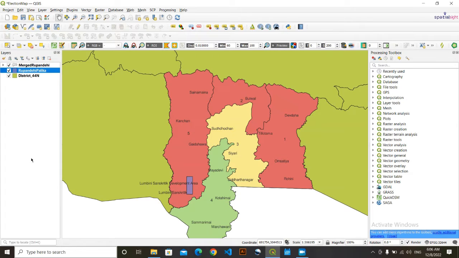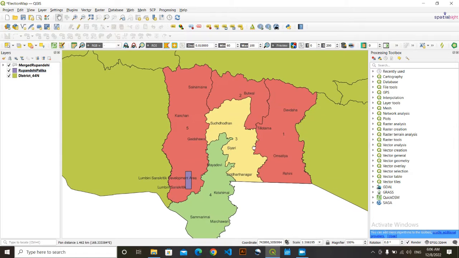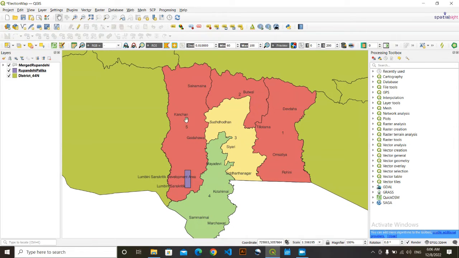Okay, now you can see its symbology, this labeling here, but you have not seen its boundary of this Rupandehi Palika. Later we'll do that in the symbology section. And similarly, I want to do the similar thing for this